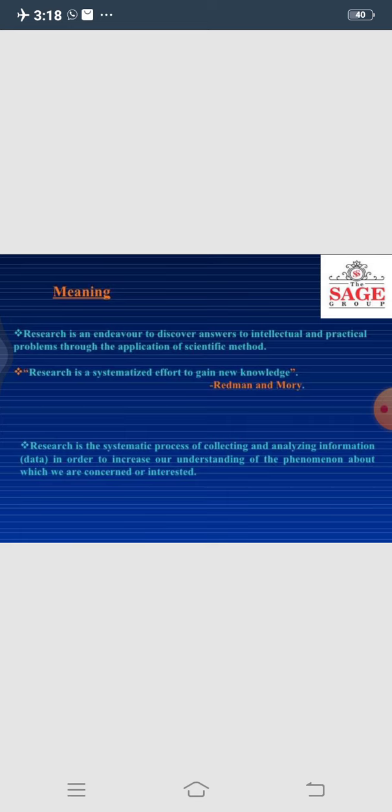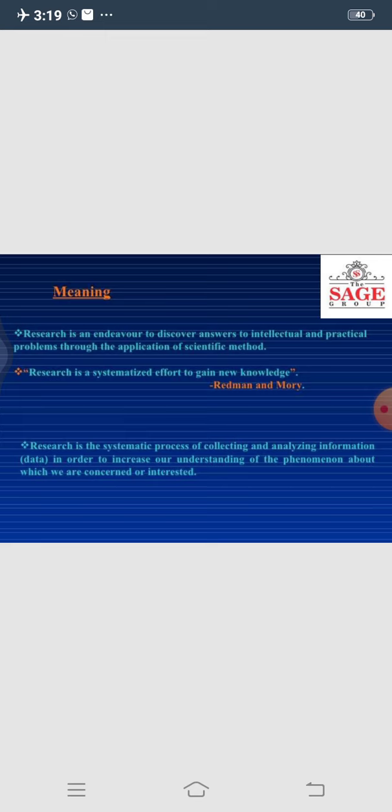In research, in layman's language, what we do is we actually have a hypothesis. What exactly a hypothesis is, we'll be able to understand in our coming lectures. Then we are testing our hypothesis. We are collecting data, we are analyzing data, we are interpreting data, and then we are coming up with suggestions and solutions. So this definition also says that it is for some intellectual or practical problems through the application of